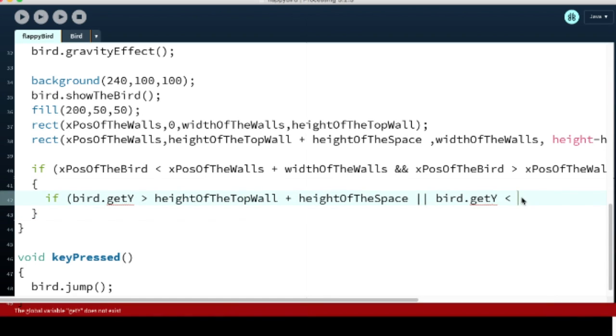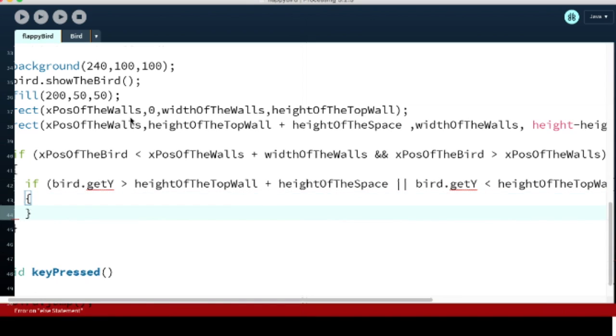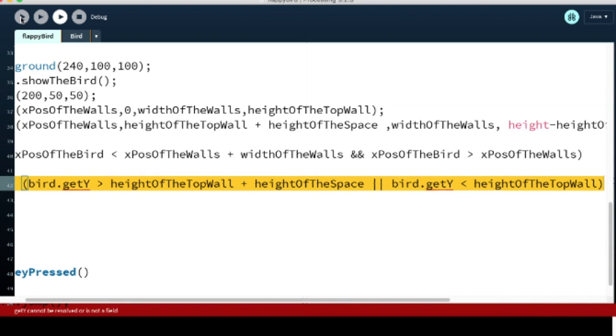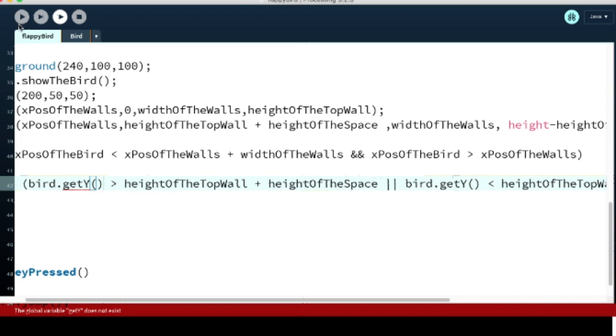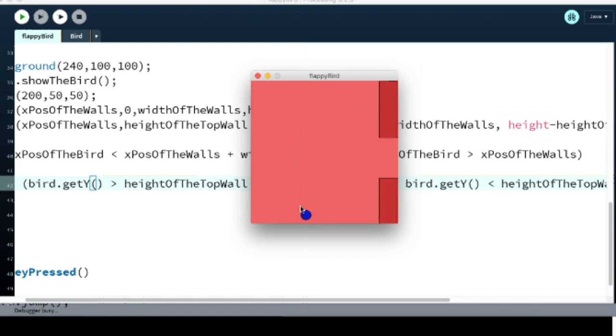In these cases, we're checking that the bird, I will show you once we're on, is in the not allowed range. Yep. So we're checking if the bird is here or here, actually hitting